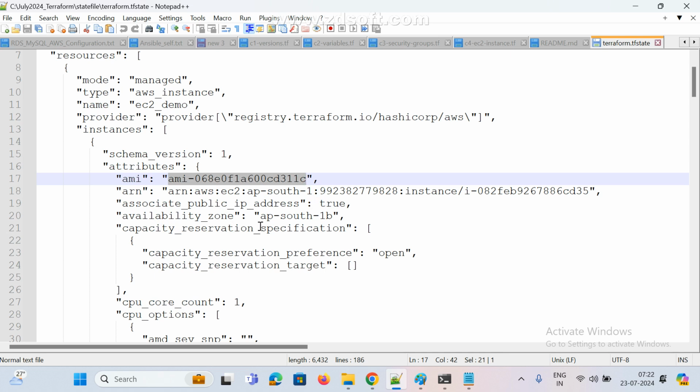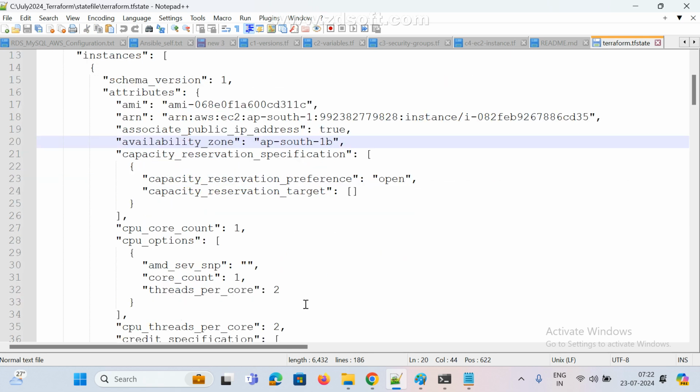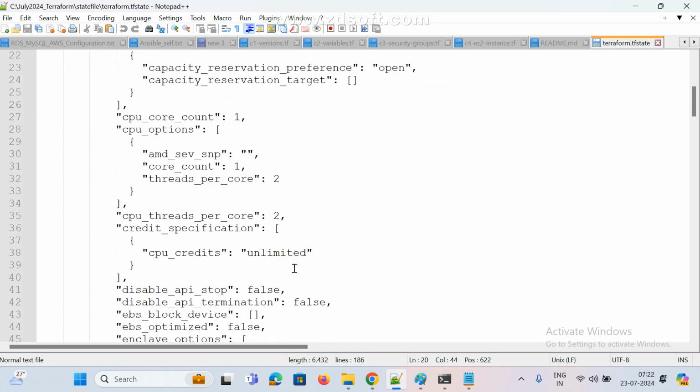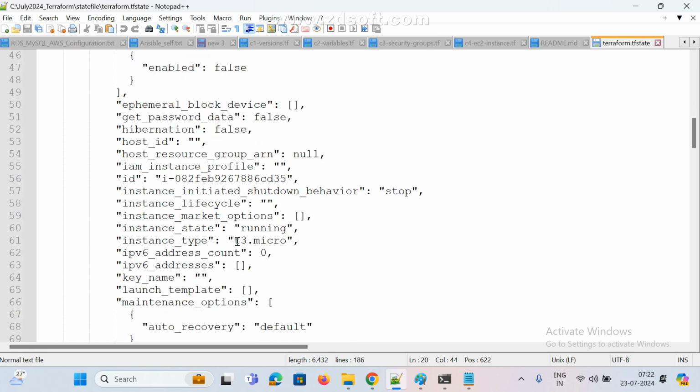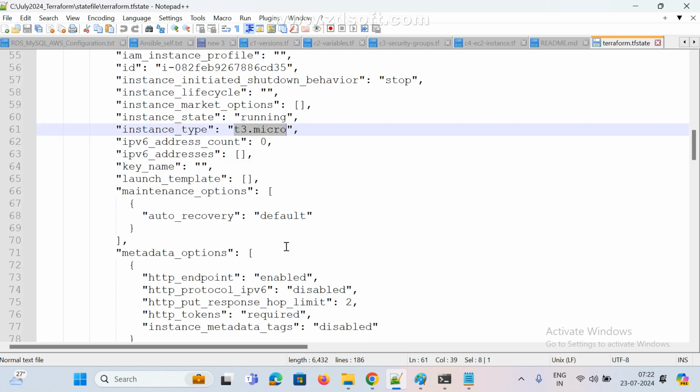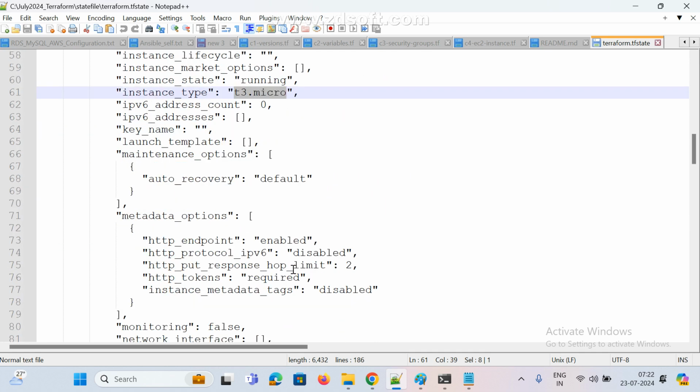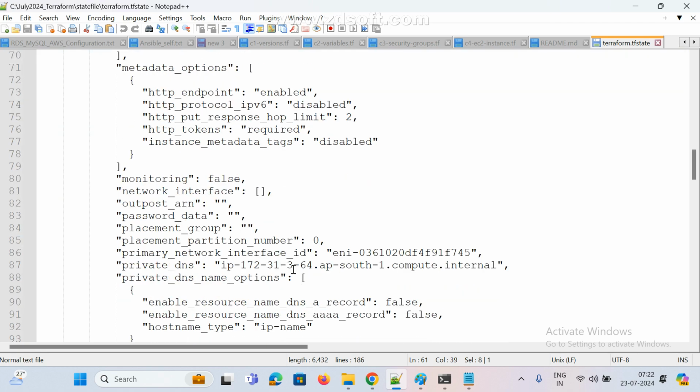It is created in ap-south-1b. We can also see the ID, and the instance type I used, t3.micro. These are some basic details, right?